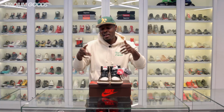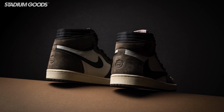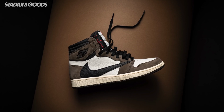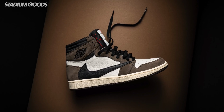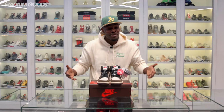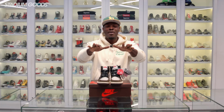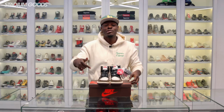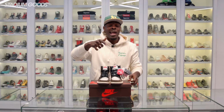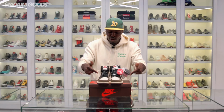And following all of those things, we have the Air Jordan 1, which was originally introduced to us during the Super Bowl of 2019, which, if you ask me, was probably the most exciting part of the whole Super Bowl performance and/or game, but don't judge me for that, it's just how I feel. And of course, Travis also introduced the Cactus Jack Air Jordan 6, which we haven't got any word on, but the Air Jordan 1 right here,